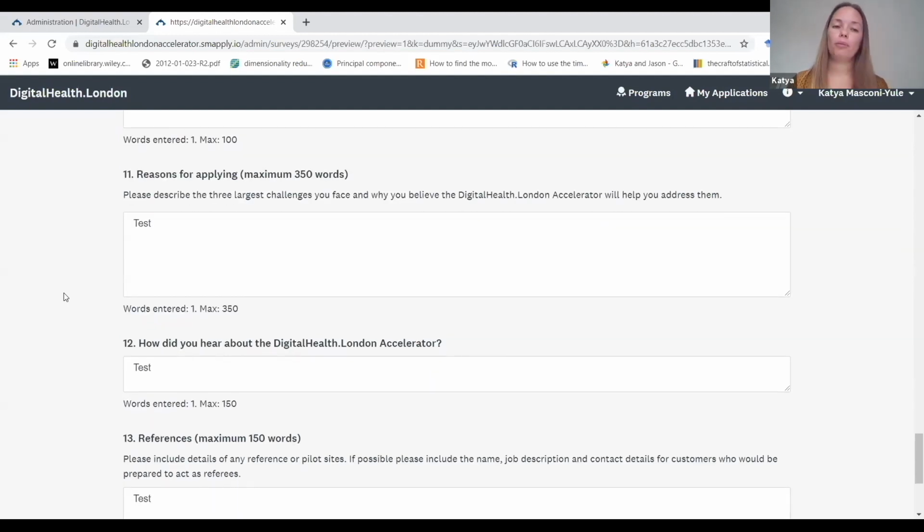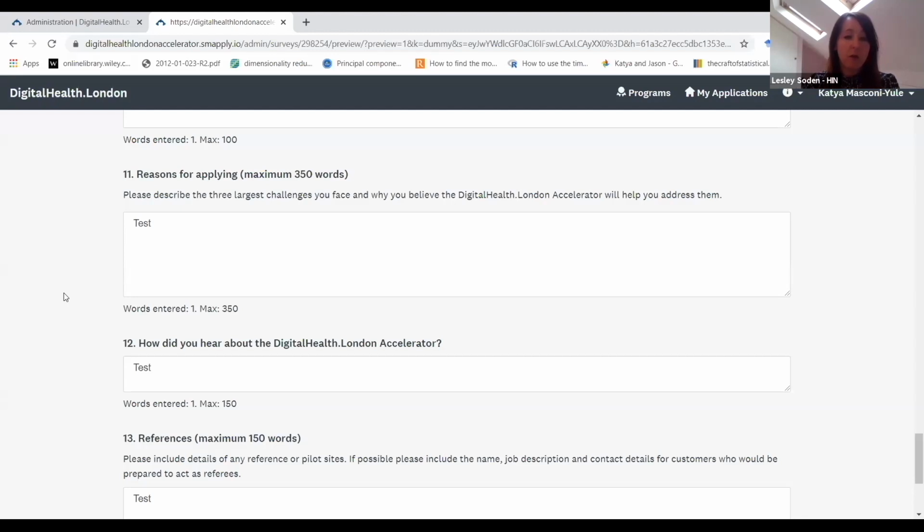Reasons for applying for the program. It's really important for us to understand what it is that you would like to get out of support from the Accelerator team. Lesley, as a reviewer and an interviewer, what would you feel would be a good response from companies answering this question? This is a really important question because it gives the interview panel an understanding of how